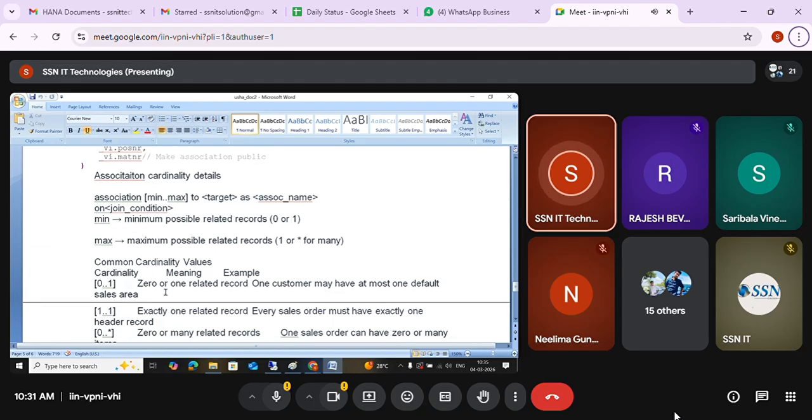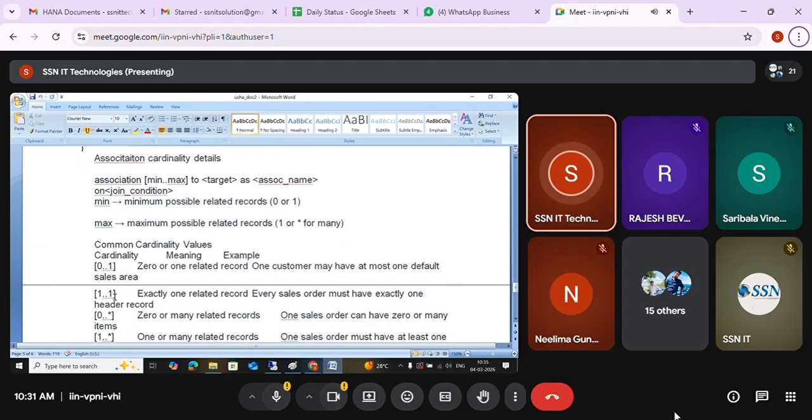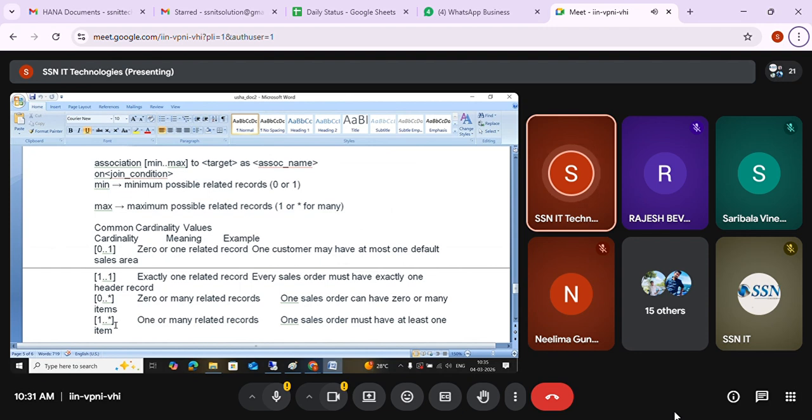I have these cardinalities: 0 to 1, 1 to 1, 0 to star, 1 to star. What is the meaning of 0 to 1?